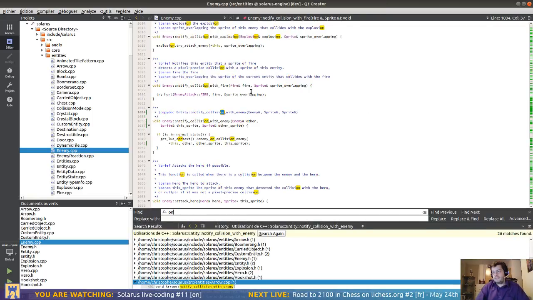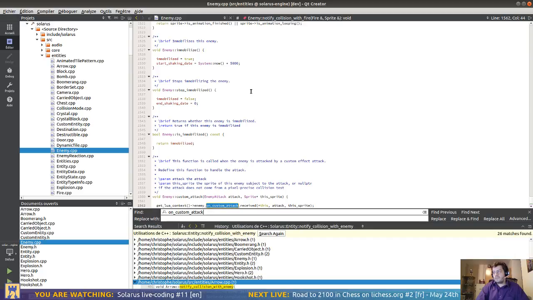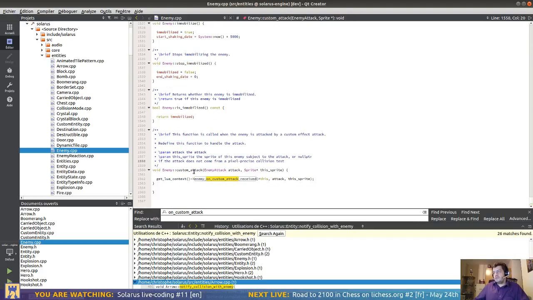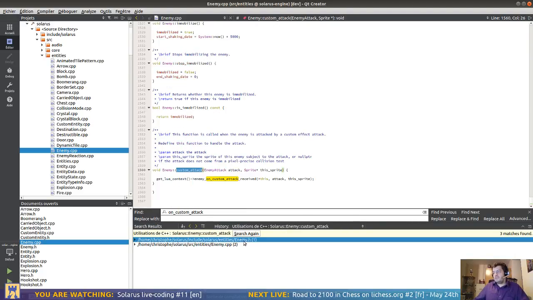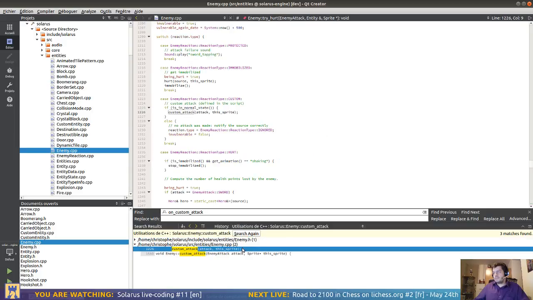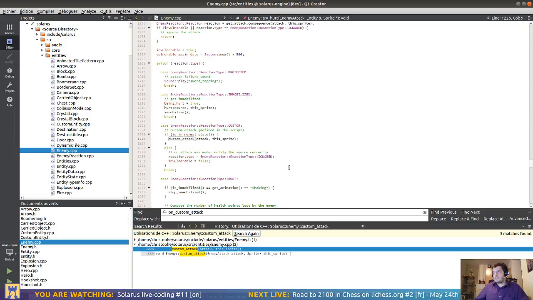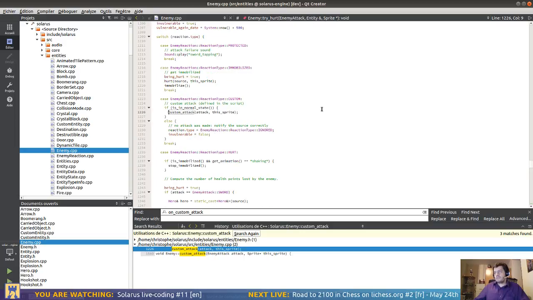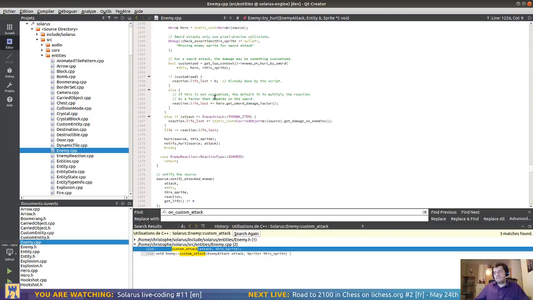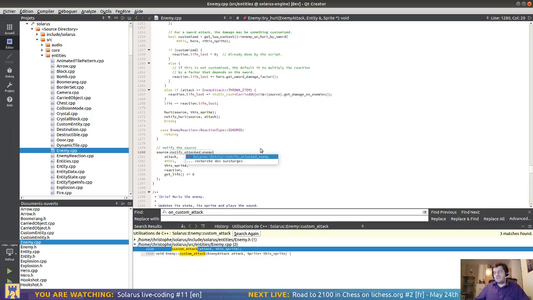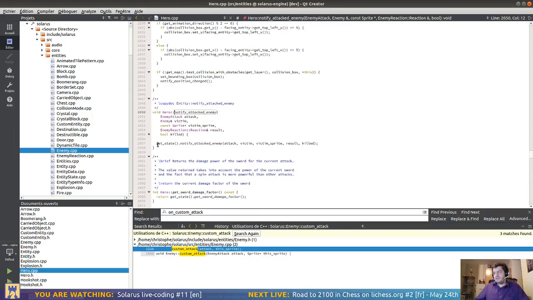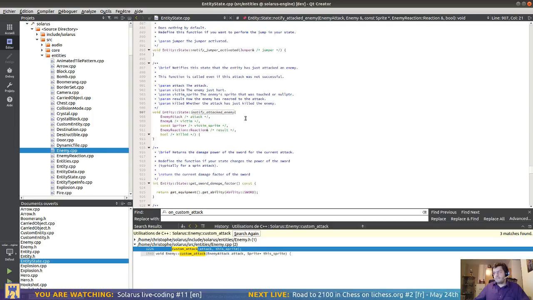And before this function is called, maybe after. Wait, custom attack. Source notify attacked enemy. Yeah, so